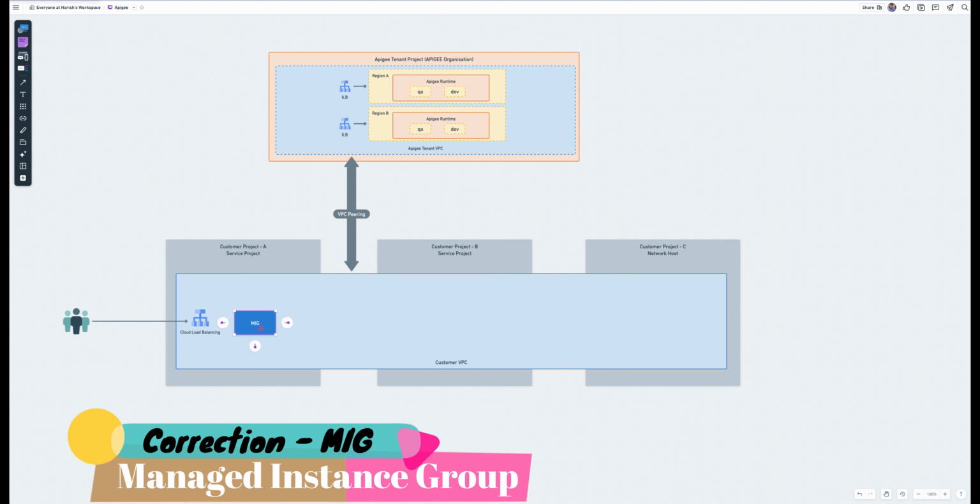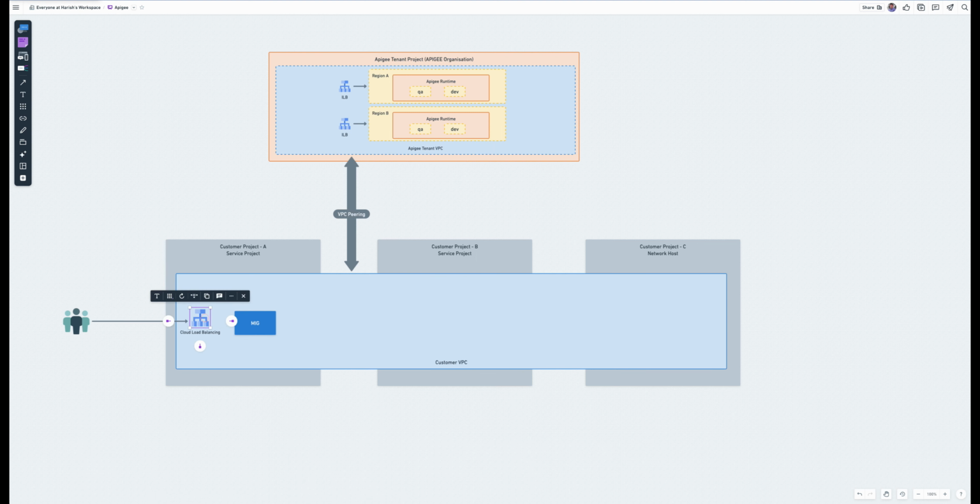What this will do is the transformation whenever the request is received, and it will take this request and create a connection directly to Apigee's load balancer behind. So this MIG is working as a network bridge,